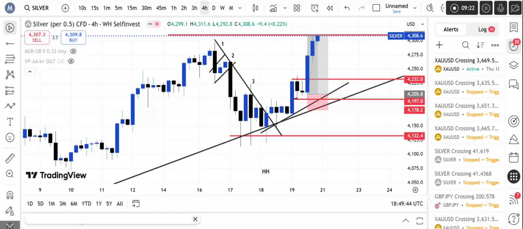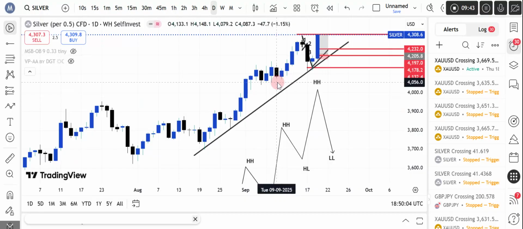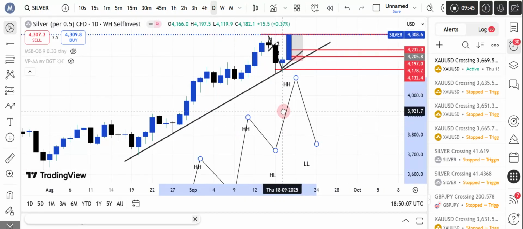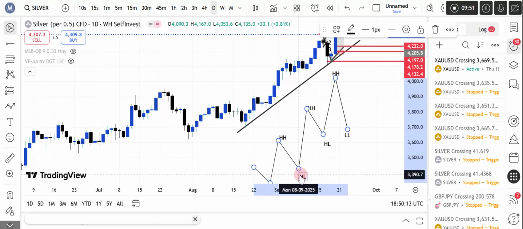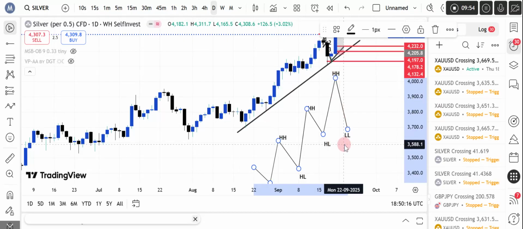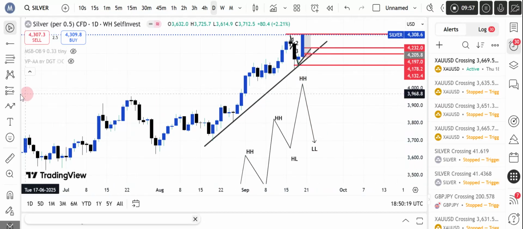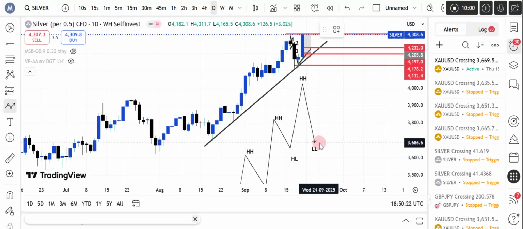So it comes here, you make a lower low. These are on the 4 hour time frame. You're gonna see properly, catch the sell, catch the sell again. So we're still bullish, but the price is correcting itself. We're gonna quickly go back to the daily time frame, so you can see exactly what I just showed you. Higher high, higher low, higher high, higher low, higher high, lower low. This lower low shows me there's a change of character.